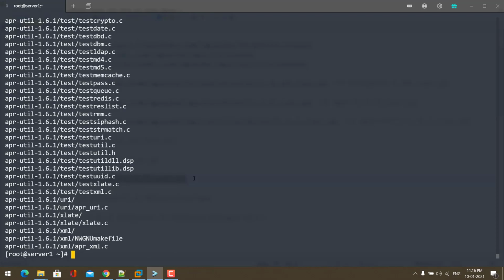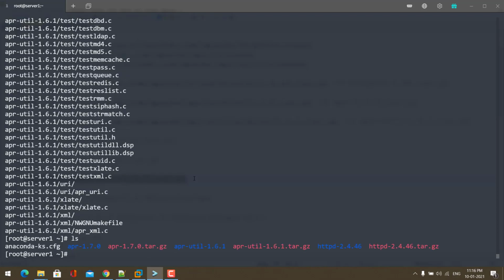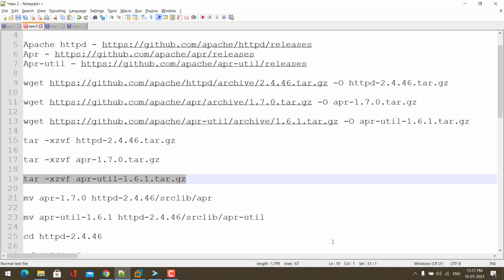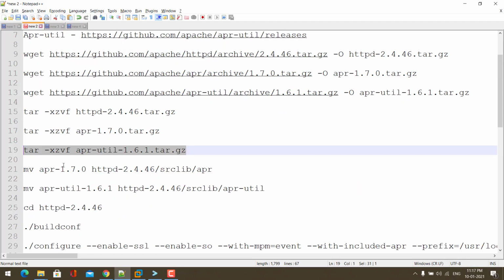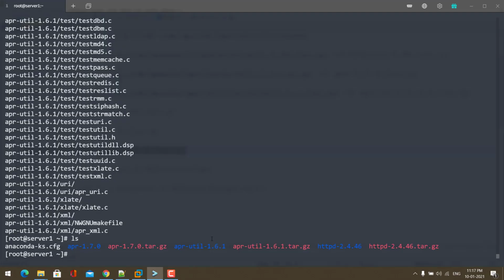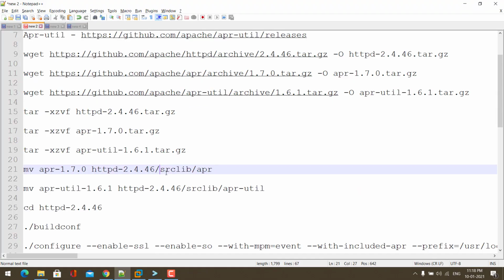Now it's extracted. After extracting, you should be able to find three directories for HTTPD, APR util, and APR. Make sure you have these directories. Next thing is we need to move both these directories into HTTPD directory in this specified path.